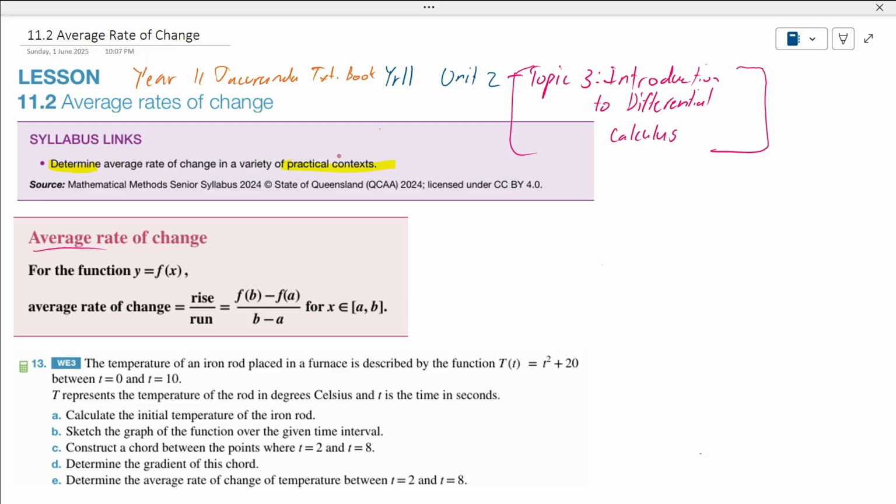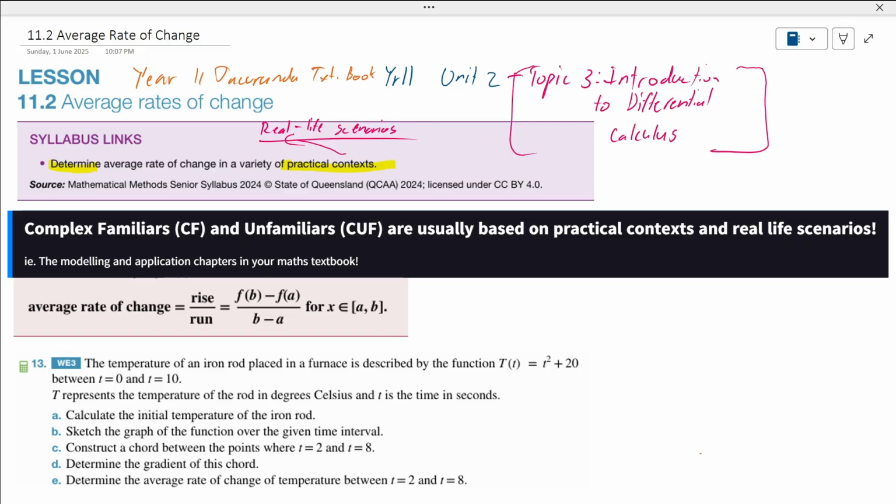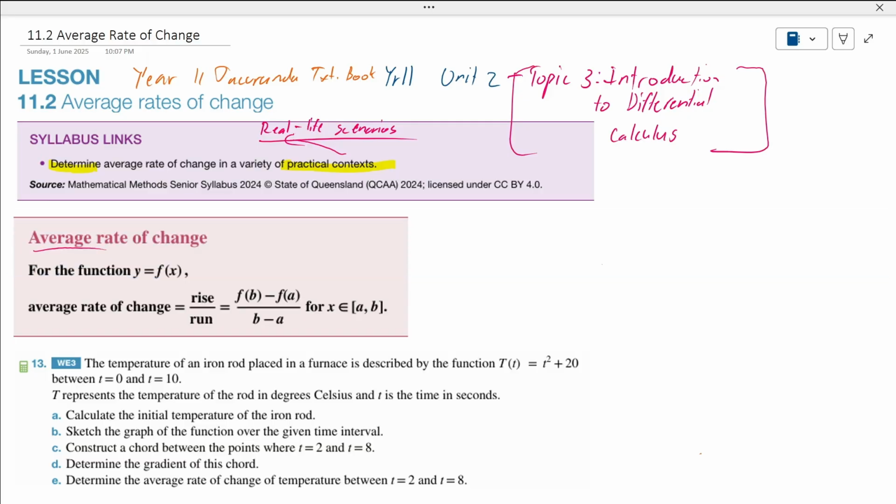So a practical context is really just referring to real life scenarios and how we're going to use mathematics to solve these real life scenarios. And this is something you're going to be doing a lot more through senior, especially for your complex familiars and unfamiliars. Okay, so all we're going to be really referring to throughout the video is this formula right here,